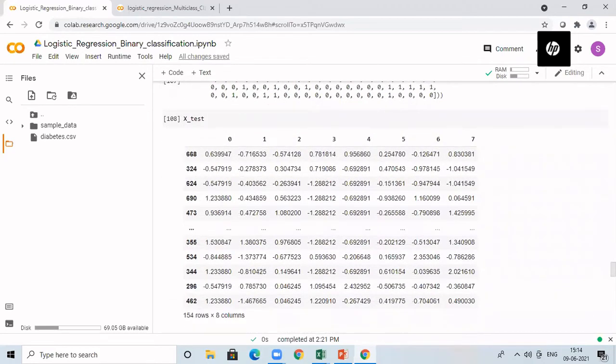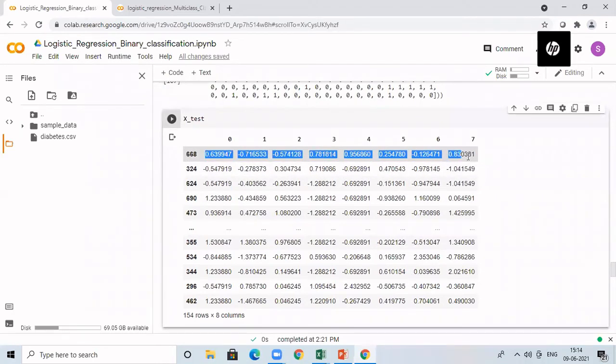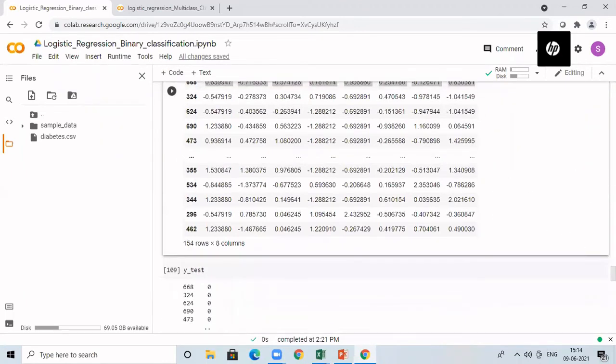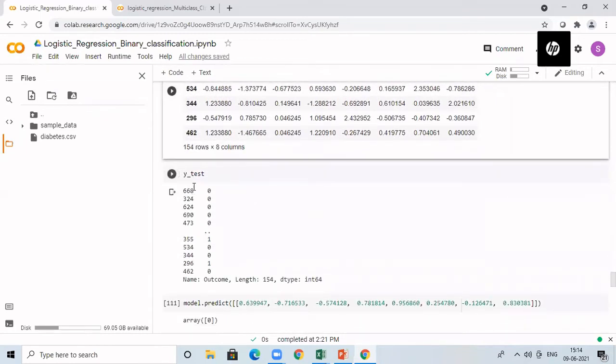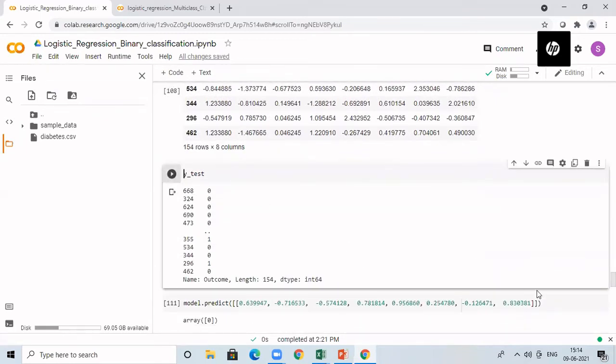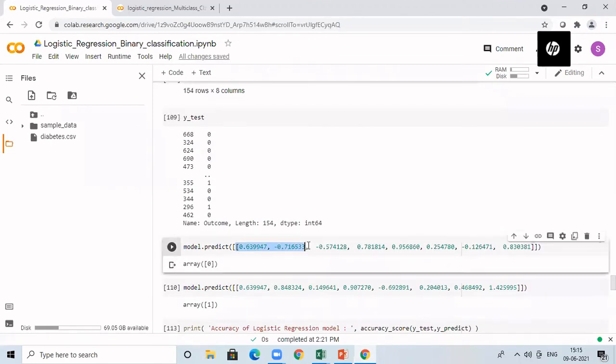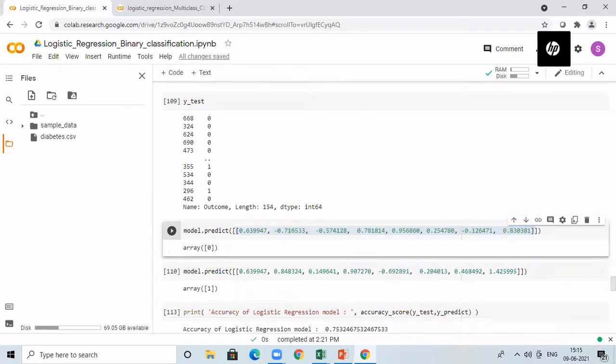Now here, this is the X_test, after my normalization. Why I have split it here is that I want to show you what the output will be for a particular sample. For the corresponding testing, I have printed y_test also. Now for this, I am predicting the value for the diabetic outcome column. So this is nothing but the normalized data. For this, the output is printed as array of 0. That means the class label for this particular entry is 0. Similarly, you can test for everything.